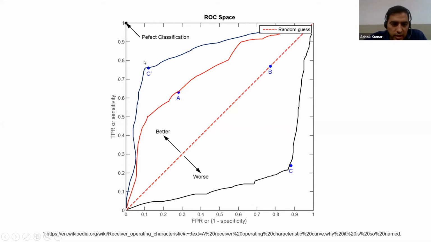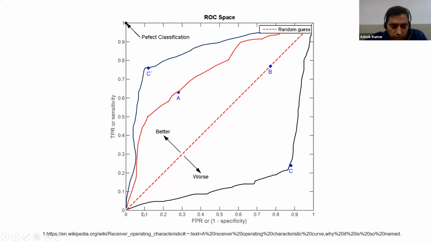You can get this ROC curve in SPSS. You can see on the y-axis the true positive rate or sensitivity, and on the x-axis the false positive rate or 1 minus specificity. The values go 0.1 meaning 10%, 20%, 30%, 40%, up to 90% and 100%.